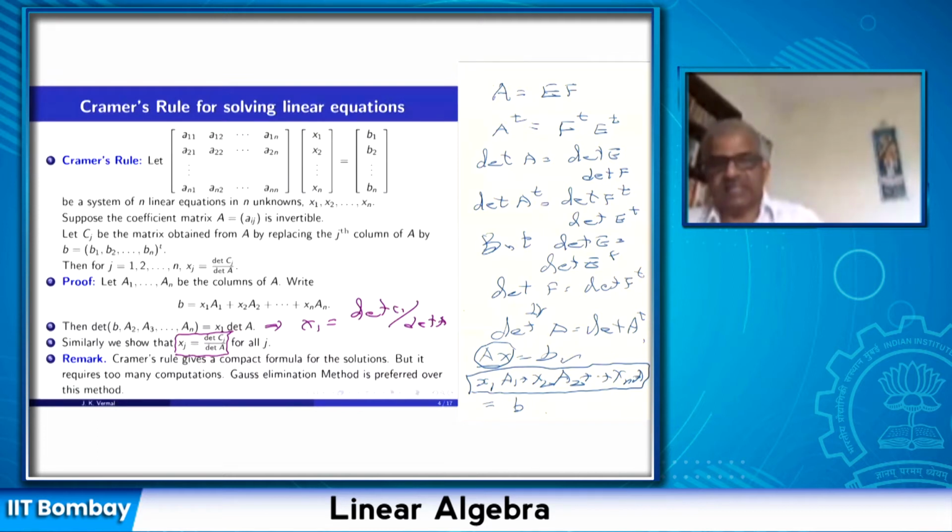Okay, so that is the end of our brief introduction to determinants. We have proved some fundamental properties. Determinant of a product of two matrices is the product of determinants. We have proved the determinant of a matrix is the determinant of its transpose. We have used the cofactor matrix to find the inverse. We have also derived a criterion for invertibility of matrices, that a matrix is invertible if and only if its determinant is non-zero. And the formula for determinant in terms of the Gauss elimination method, in terms of multipliers and the number of row exchanges. So these are the basic things.